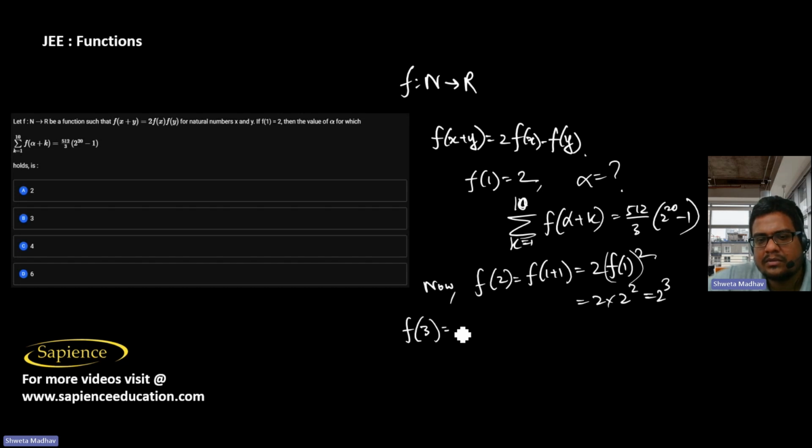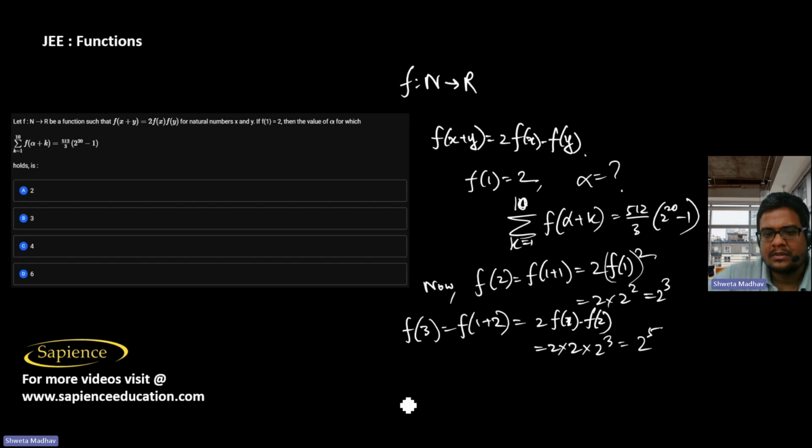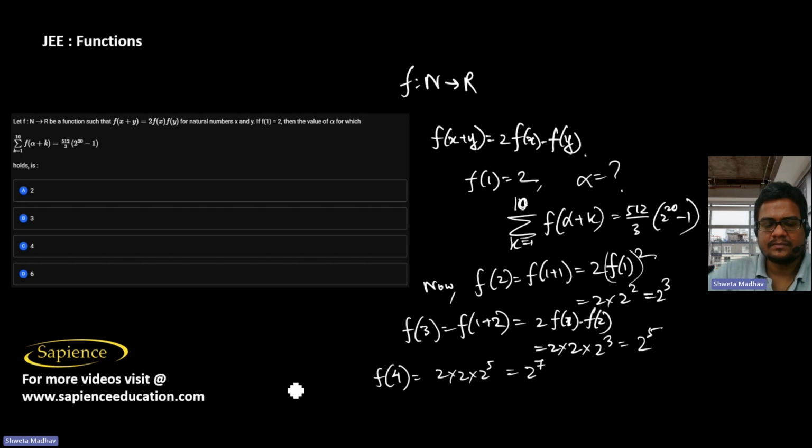Similarly, f(3) will be equal to f(1 + 2). That is equal to 2 into f(1) into f(2). So this will be 2 into f(1), that is 2, into f(2), that is 2 power 3. So that is 2 power 5. Similarly, f(4) will be 2 into 2 into 2 power 5. So that is 2 power 7. Okay, so therefore